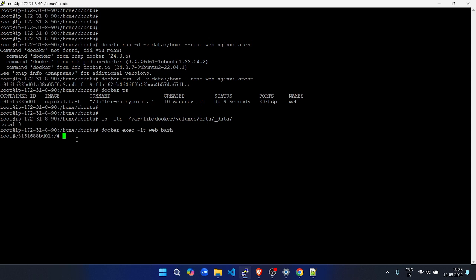Okay, now let's go to cd /home and ls. So here is nothing. If I create anything over here, it will be directly copied, meaning it is mounted to my base host path. So suppose I create here, echo